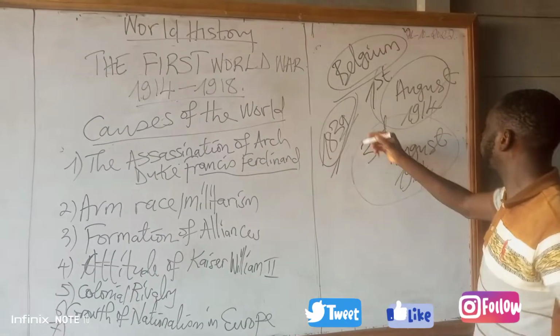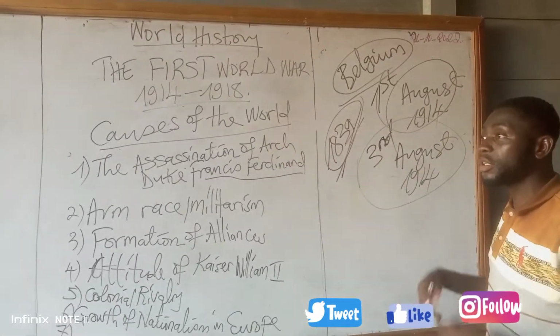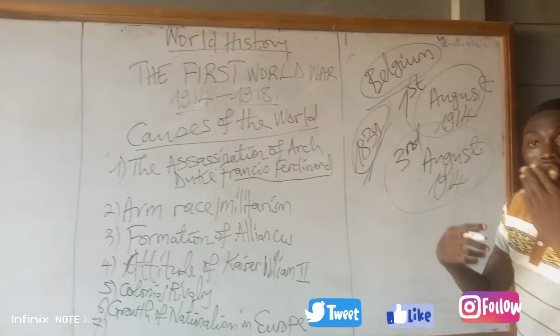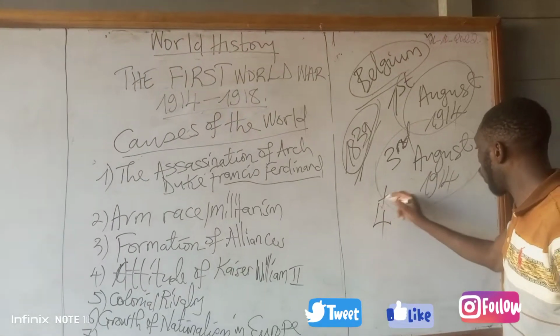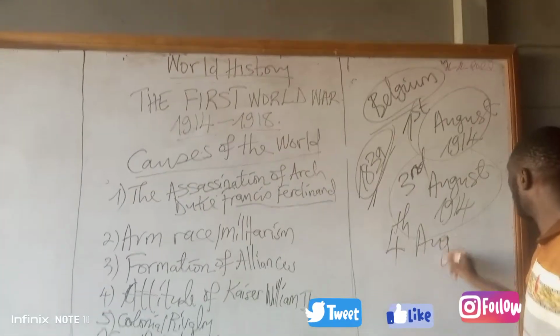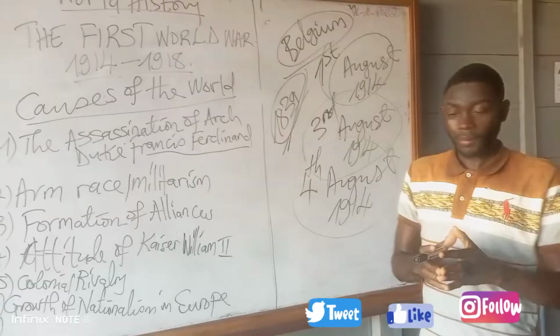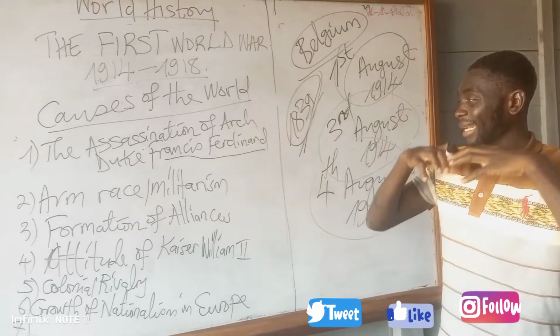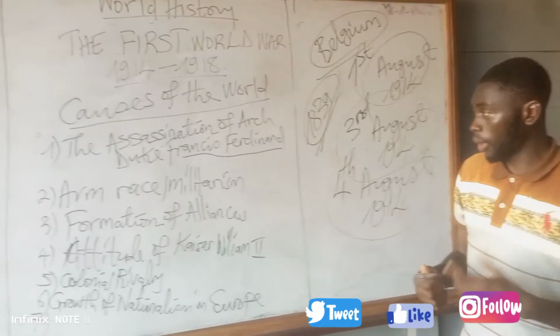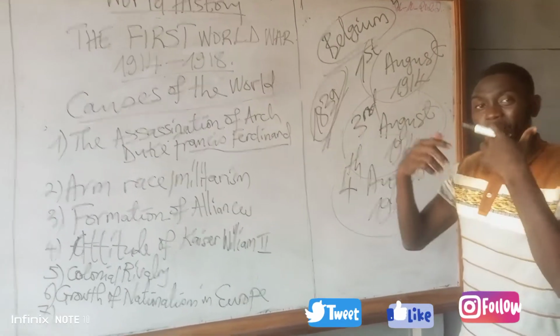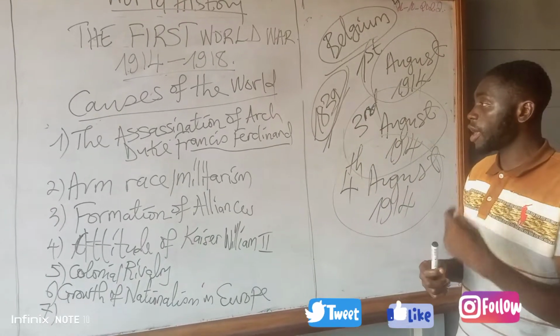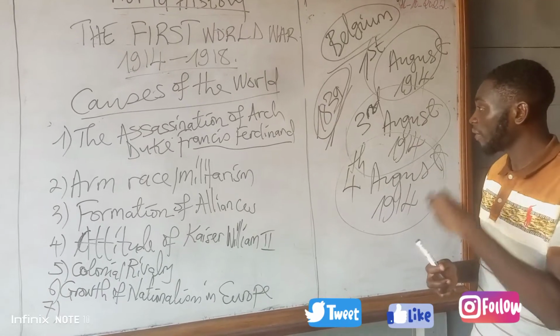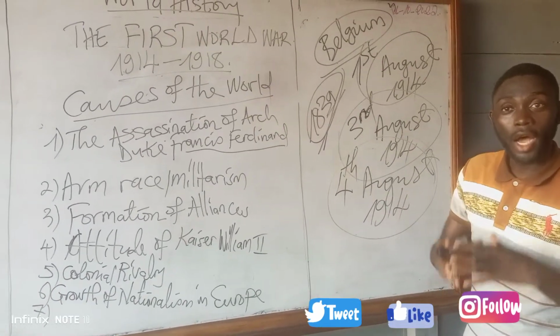Since Britain was the one protecting Belgium in Europe, Britain could not stay mute, and so Britain declared war, and the war started and was expanded to other parts of the world. That was the immediate cause of the outbreak of the First World War, the assassination of Archduke Francis Ferdinand and his wife Sophie Chotek,